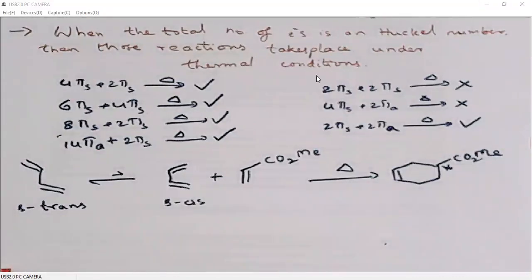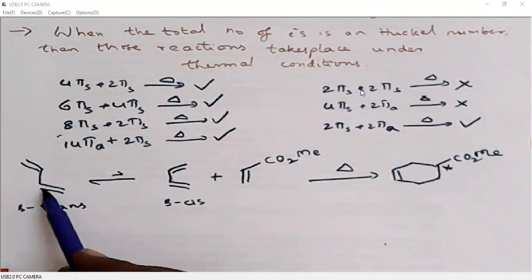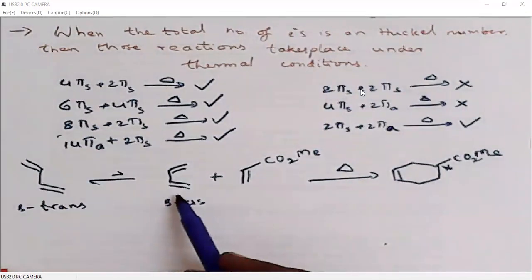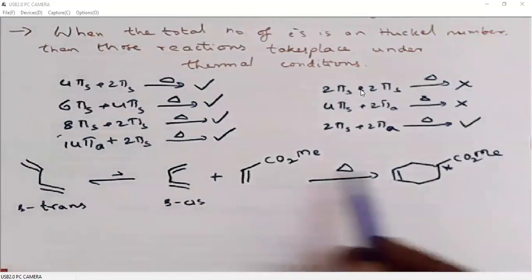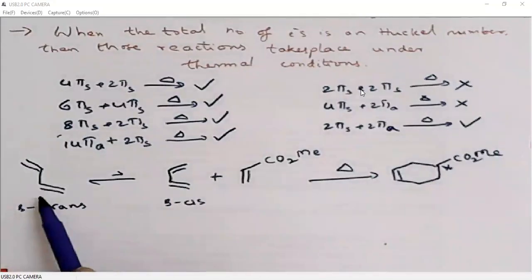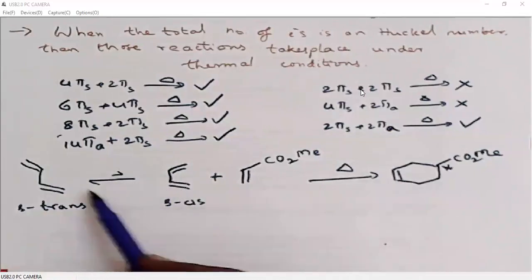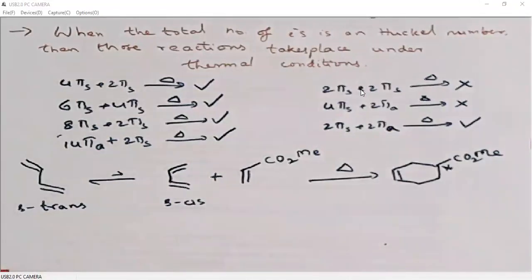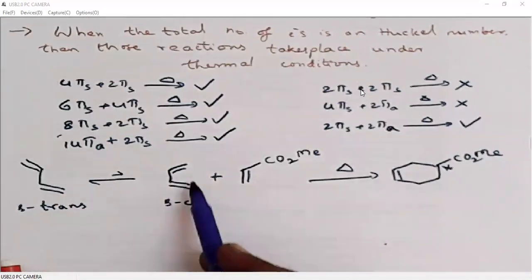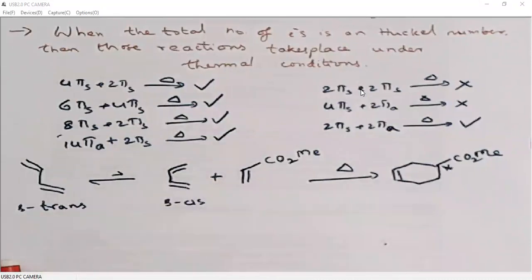So to maintain the equilibrium, some of the S trans now will be converted to S cis that is involved in Diels-Alder reaction. Now again, some of the S trans will be converted to S cis because there should be an equilibrium. So this is how a simple butadiene, though S trans is more stable, the less stable S cis will be involved in Diels-Alder reaction.